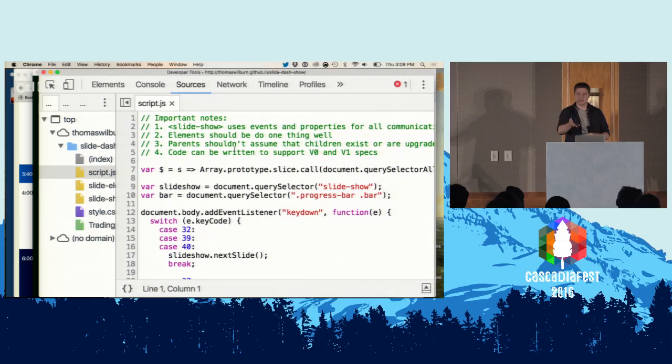Second point, elements should do one thing well. This is a mistake that I made with leaflet map. The leaflet map element, the overarching one, does all of the parsing of all of its children, and it's all this logic. It's great, but it's a huge chunk of code, and none of those other things can be broken up or extended. The goal should be, like this one, that each individual element should be capable of doing its own little role,